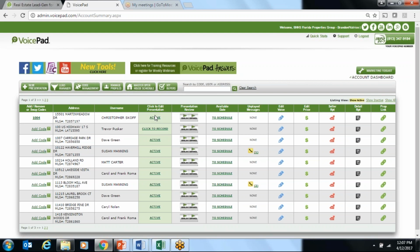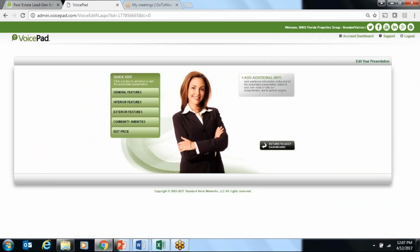So I'm going to select the listing here. We're going to select this Bloom Hill Avenue, Susan Manning's listing, and we're going to click on the column where it says click to edit presentation. We're going to click on where it says active. That should take us into the details of the listing, and then you'll see here there are 5 different screens that we're going to navigate through, starting with general features. So I'm going to click on the general features screen here, and it's going to give us some of the